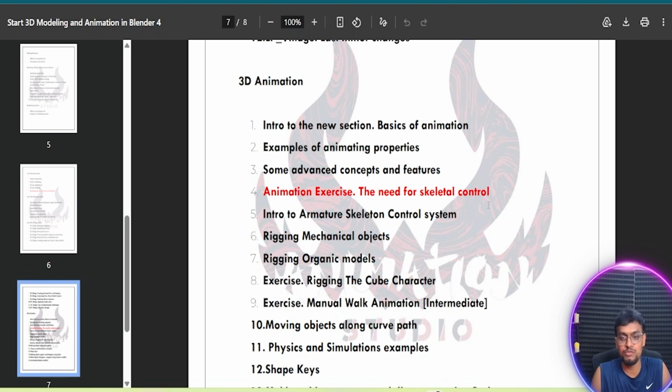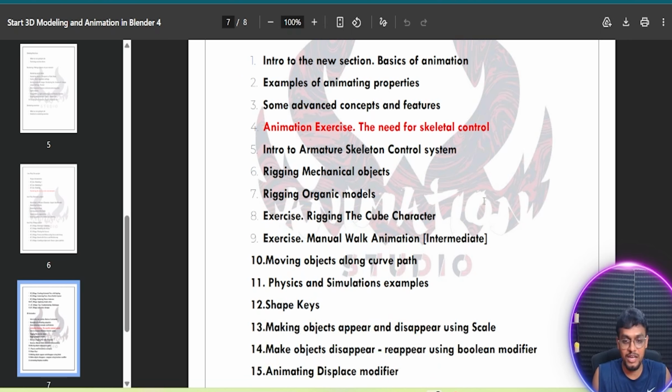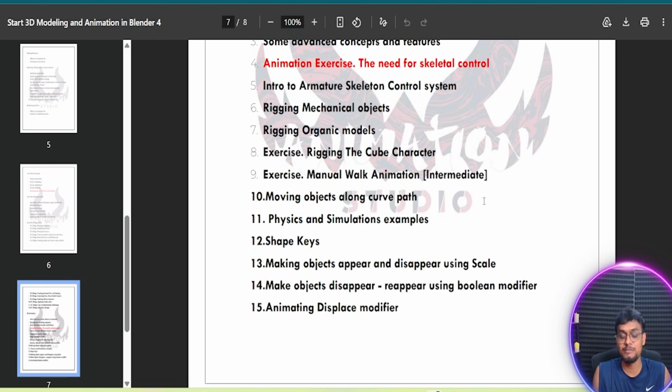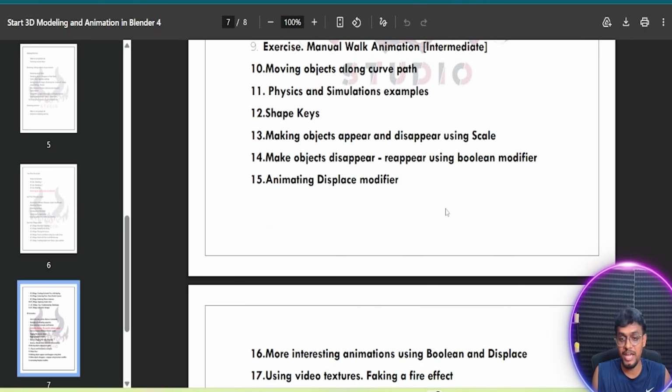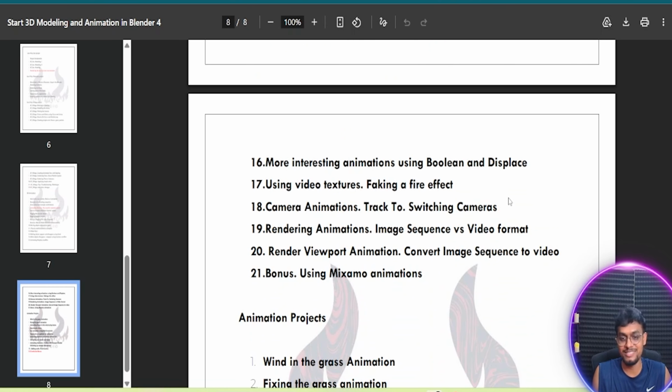3D animation. Intro to the new section, basic animation, simple animating properties, some advanced concepts and features, animation exercise, the need for skeletal control, intro armature skeleton control system, rigging mechanical objects, rigging organic models, rigging the cube character, exercise manual work animation, moving objects, coloring car parts, physics and simulations examples, shape keys, making object appear and disappear using scale, make object disappear and appear using Boolean modifier, animating displace modifier, more interesting animations using Boolean and displace, using video